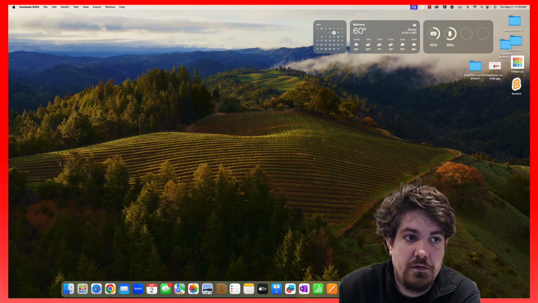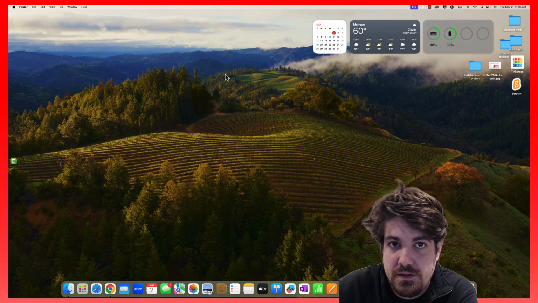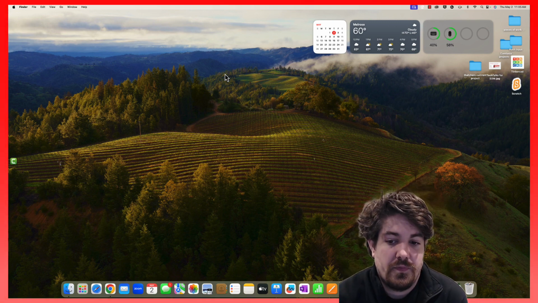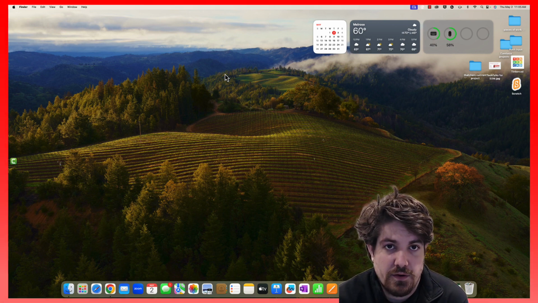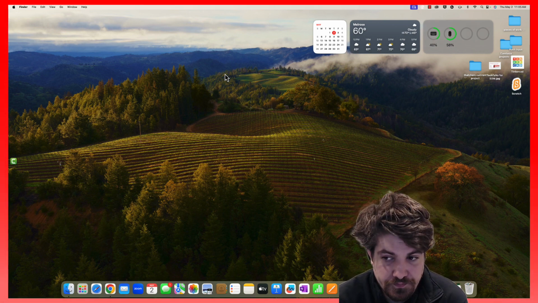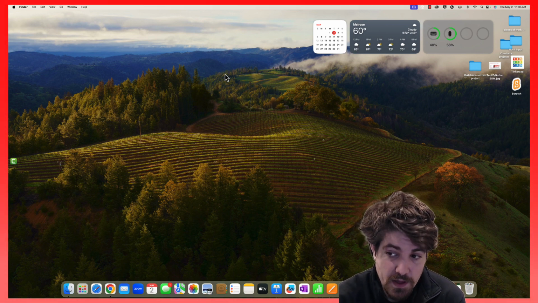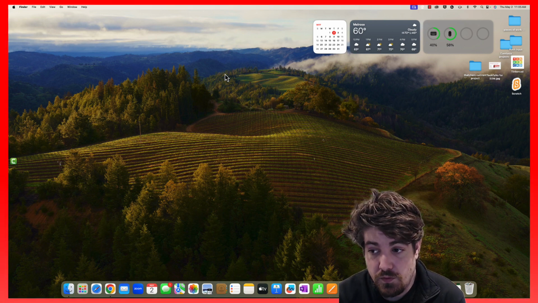Oops, let me move that over too. What we have here is the desktop. And this is a desktop in an operating system that is MacOS, Mac operating system, because this is a Mac computer. There are other operating systems, Linux, Windows,